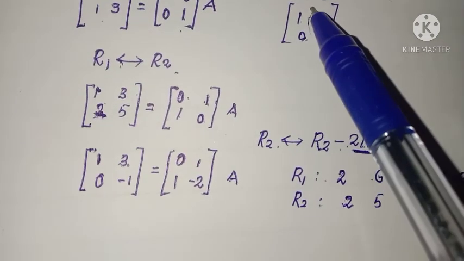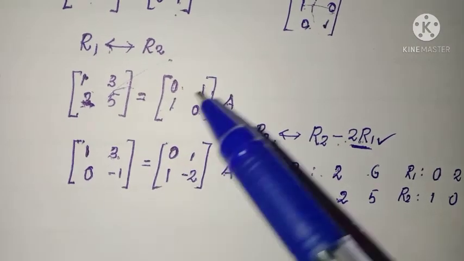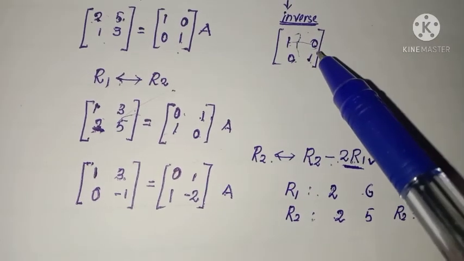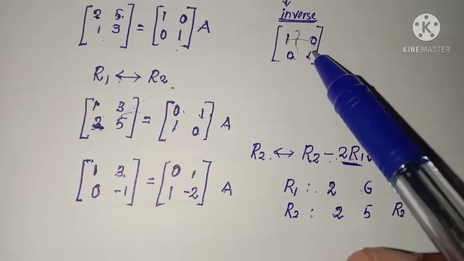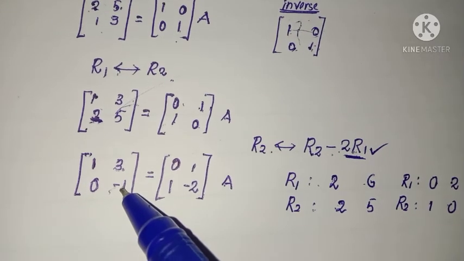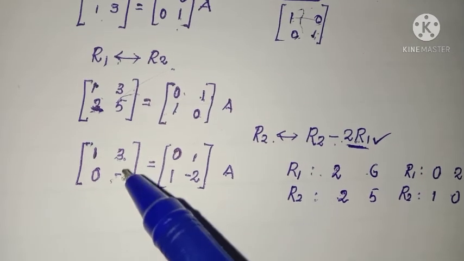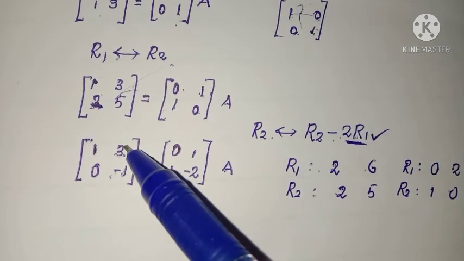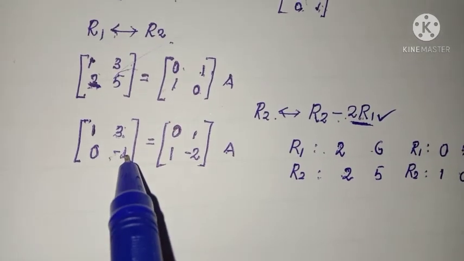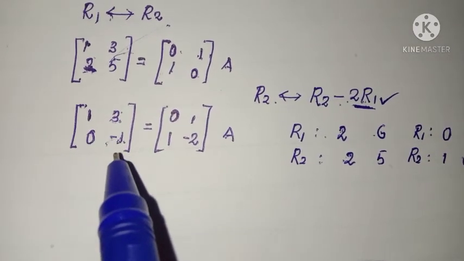So look here. We converted the given matrix as 1, 0. Now we want the second column as 0, 1. So to obtain 0, 1, first we need to convert the second row, second element as 1. That is the procedure. Second row, second element as 1. After that, convert this 3 as 0. So already we have minus 1. So if we multiply by a scalar minus 1, we get the required result.